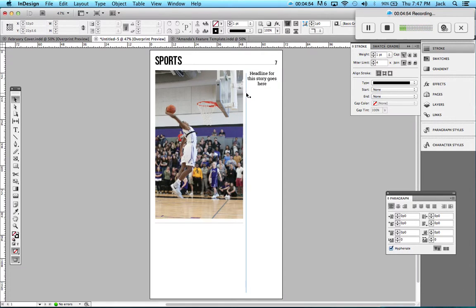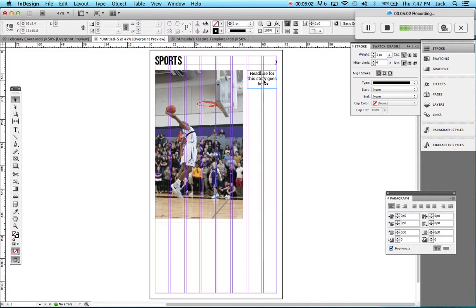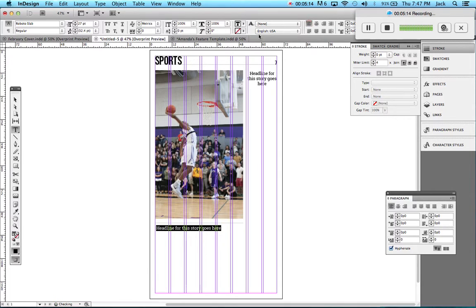Perfect. We just need to bring this line up so it reaches the top of the dominant. And now we have our headline for our first story. And now we can put that headline on all of our stories. Now you probably don't want it centered for this one necessarily on the bottom, so we can just put that